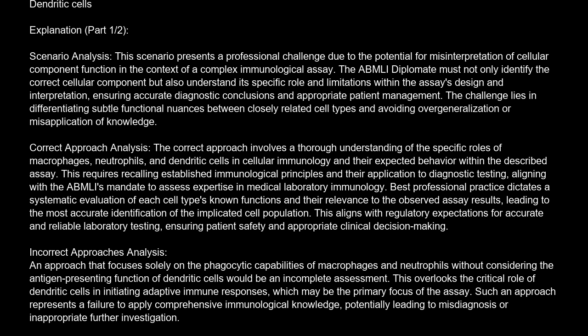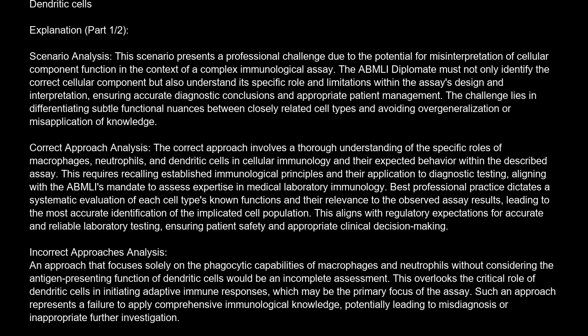Correct approach analysis. The correct approach involves a thorough understanding of the specific roles of macrophages, neutrophils, and dendritic cells in cellular immunology and their expected behavior within the described assay. This requires recalling established immunological principles and their application to diagnostic testing, aligning with the ABMLI mandate to assess expertise